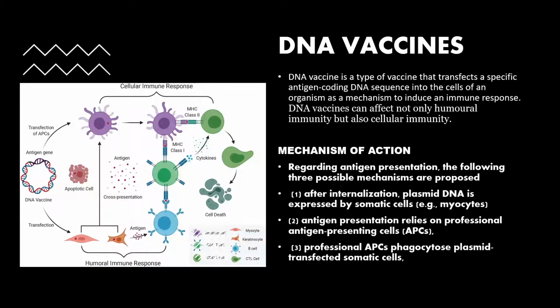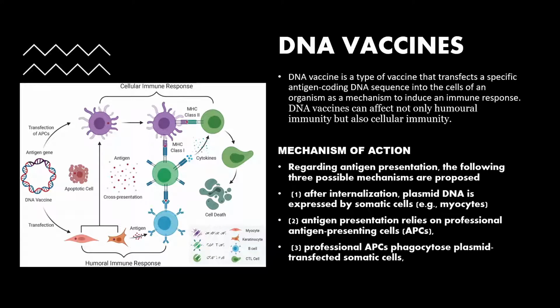DNA vaccines. DNA vaccines are generated by inserting a gene encoding antigens into a bacteria-derived plasmid, which needs to be controlled by a powerful promoter, in most cases the CMV promoter. DNA plasmids are replicated in bacteria, which can be selected based on antibiotic resistance mediated by genes carrying resistance markers, using the prokaryotic origin of replication. Additionally, DNA vaccines can affect not only humoral immunity but also cellular immunity.